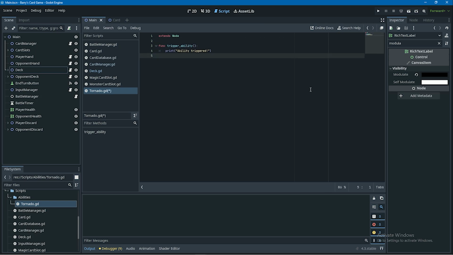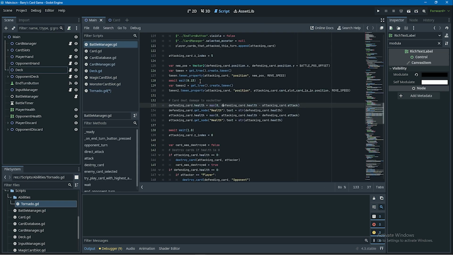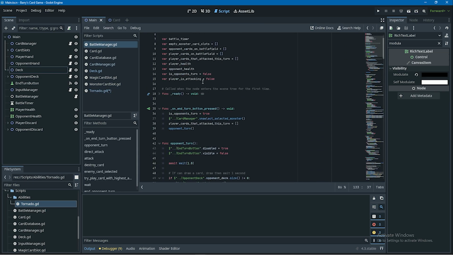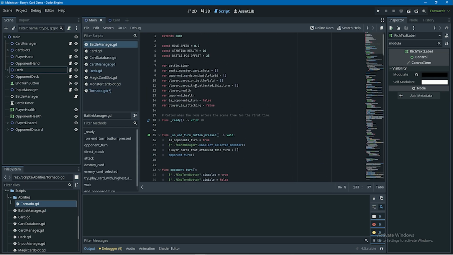And now we can call this function, and calling the ability and all that works. The only thing left to do is to define what this ability actually does within this function. And for my example, I just want to deal 1 damage to each opponent card. And we already have an array in the battle manager that stores all the opponent cards on the field, so